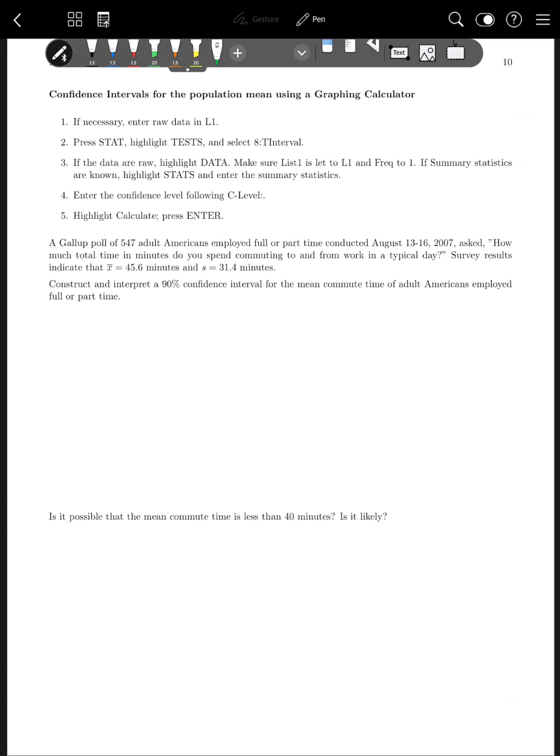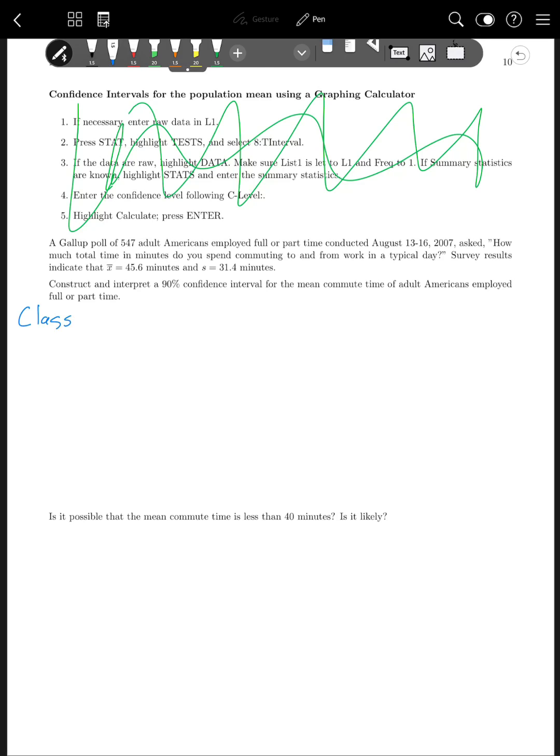Okay, so that's how you can find t-values that go with the areas you want. And if we were going to do confidence intervals by hand, that is something we'd have to do. Luckily for us, the TI-83s and 84s have this built in, but so do the calculators we're going to use. So if we're using the ClassCalc app,